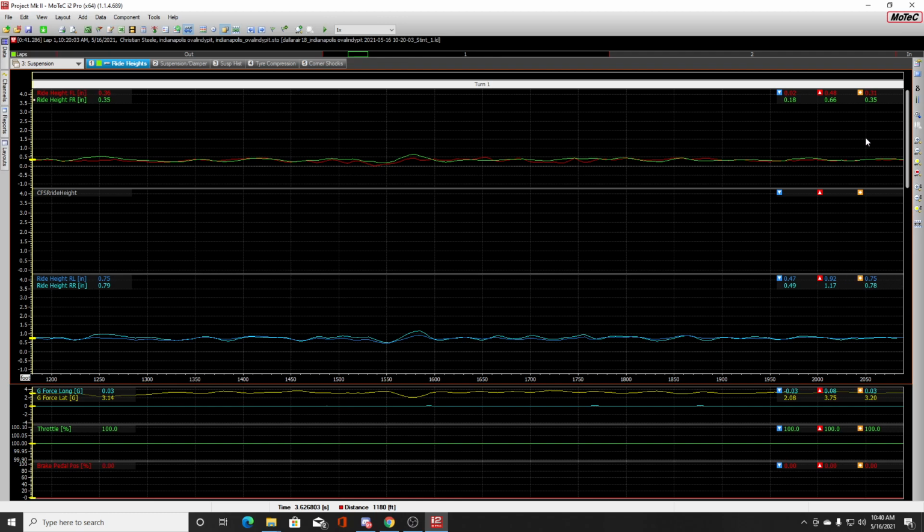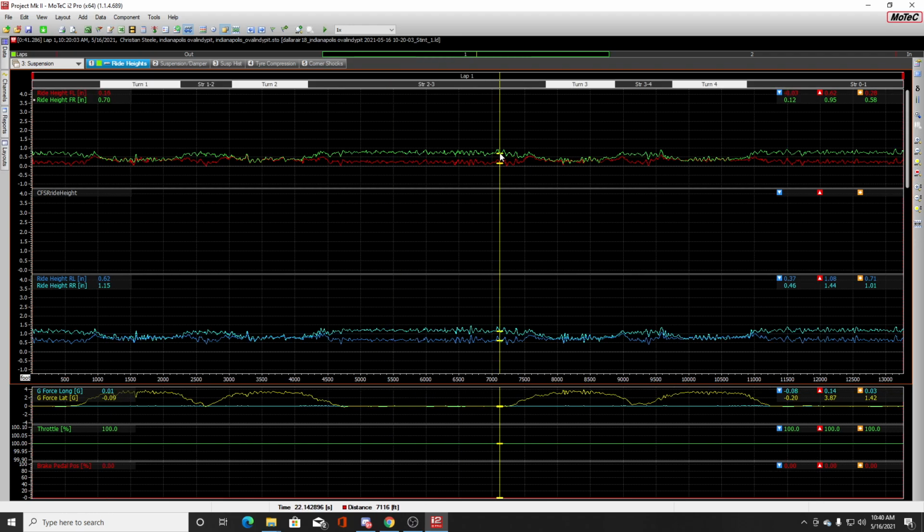So for example, 0.31, 0.35, those are the average corners. You can plug that in and say, okay, my corner ride height is like 0.33, and then the rear like 0.77, 0.76. And that's close enough for estimation. And then if you want to see the straight line attitude, which most people just plug into the Aero calculator for the corner ride heights, just to see how the corners are doing. But if you want to try to adjust for the straightaways, which you definitely can, I'm not against that,